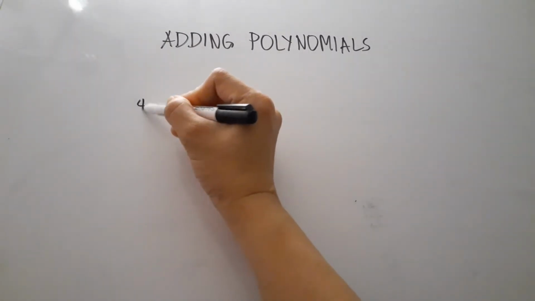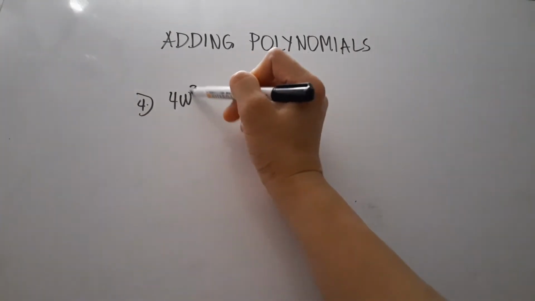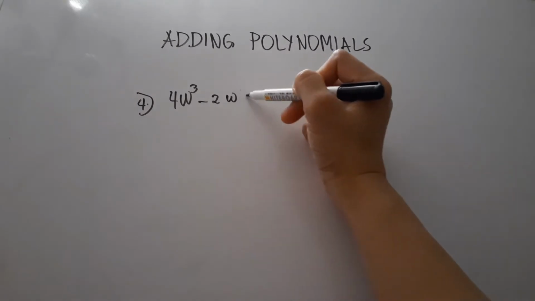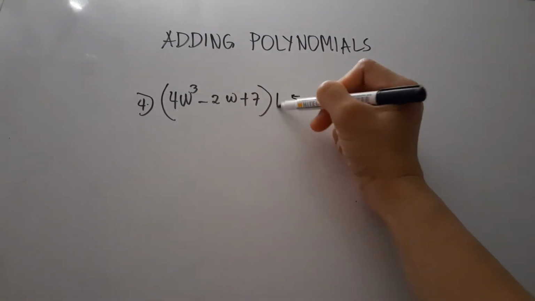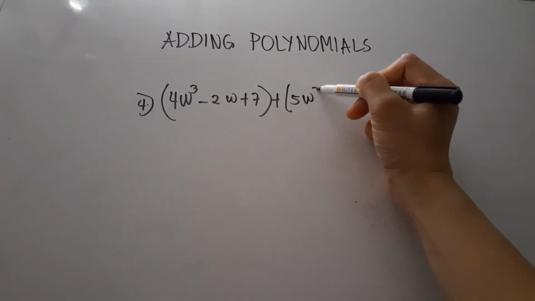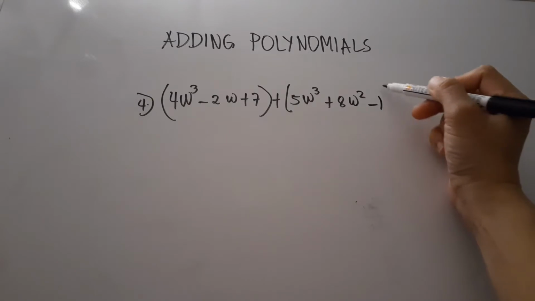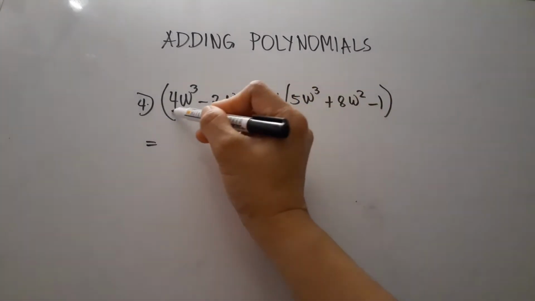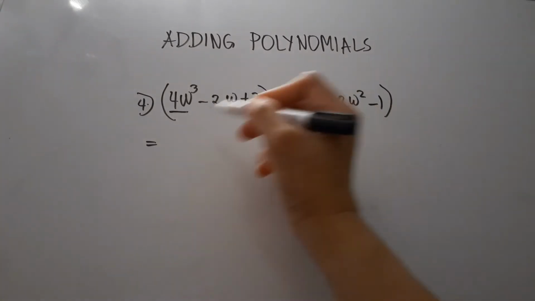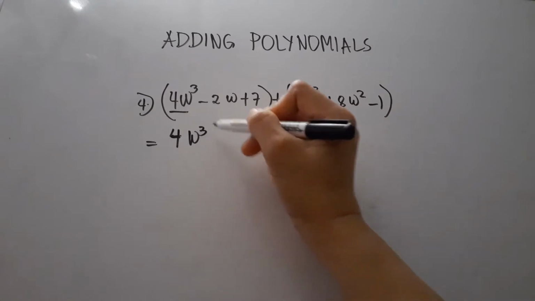Then let's have example number 4, which is 4w cubed negative 2w positive 7 plus 5w cubed positive 8w squared. Remember negative 2w has no like terms, and 8w squared, so we can separate. So we collect like terms first, 4w cubed plus 5w cubed,